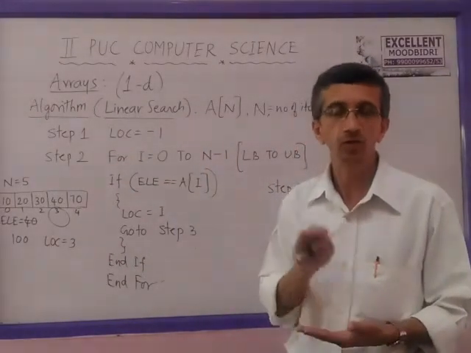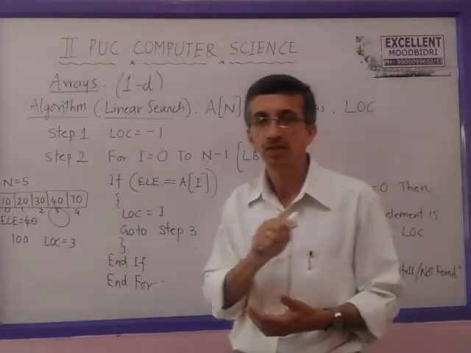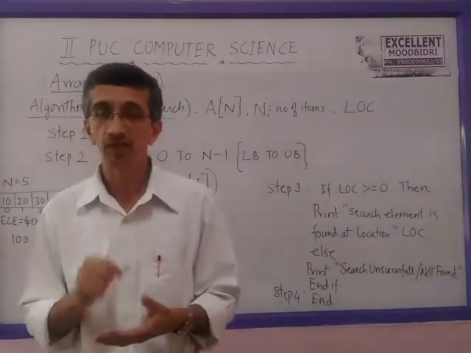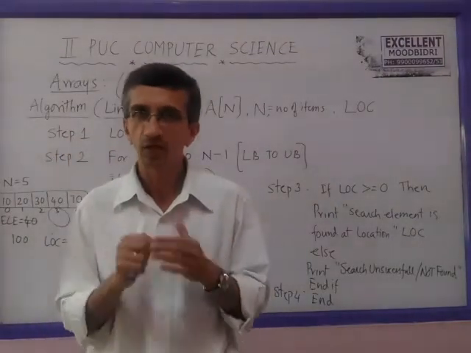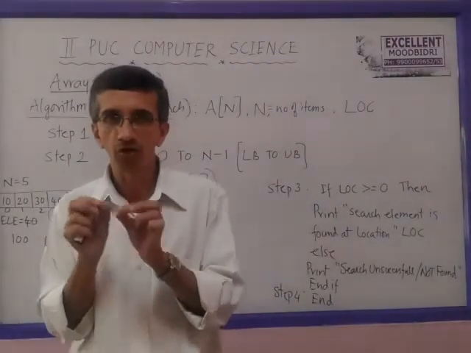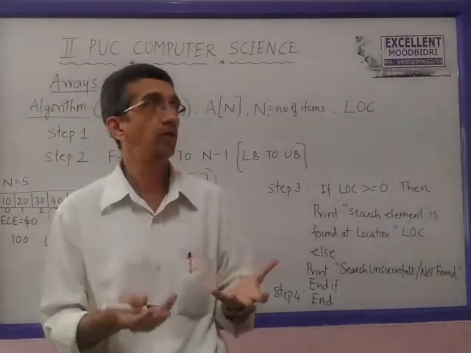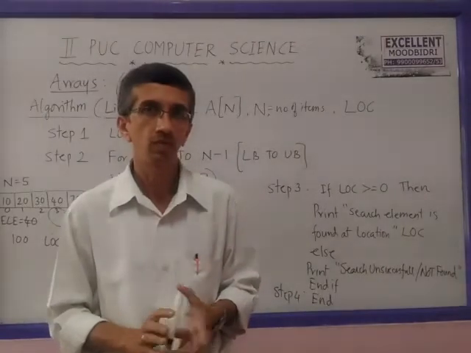The efficiency of the algorithm reduces because we cannot decide until you move to the last item whether it is found or not. We cannot decide whether the item is found or not until you reach and compare the last item of the array. It may be found as the last item also, correct?